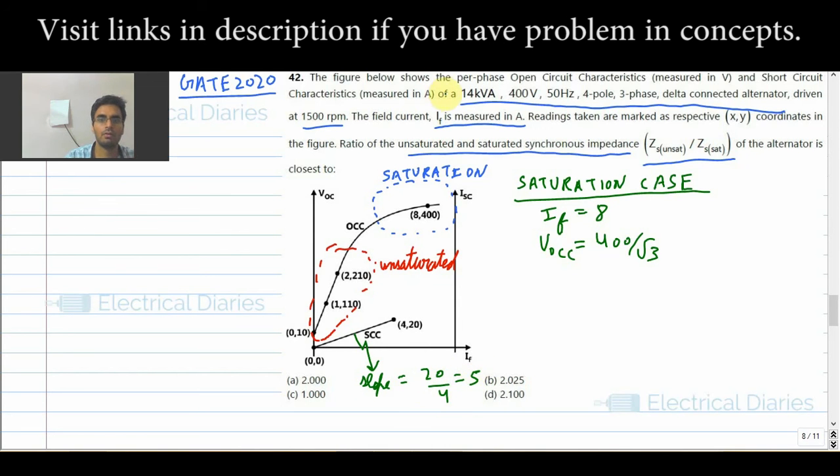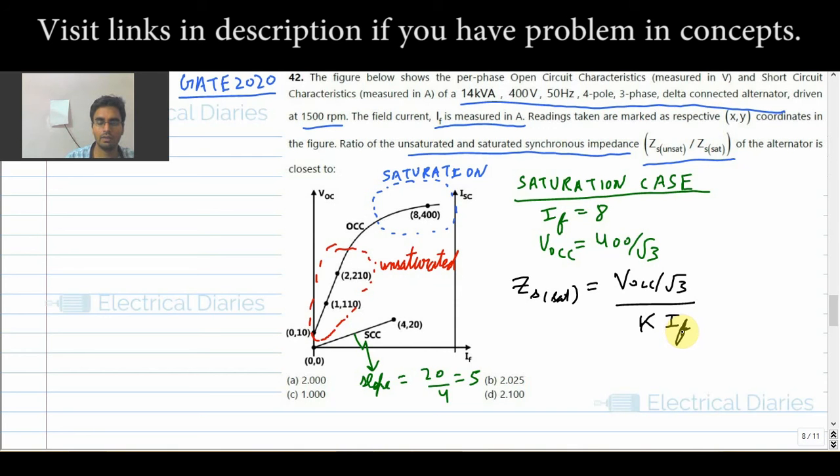Okay, so now for the saturated impedance, I hope you know that ZS saturated is given by VOCC by root 3 divided by K IF. This K is the slope of the short circuit characteristics, and this IF is